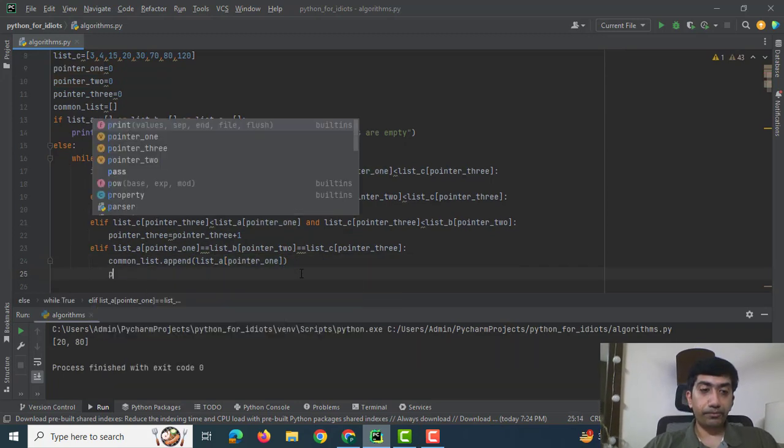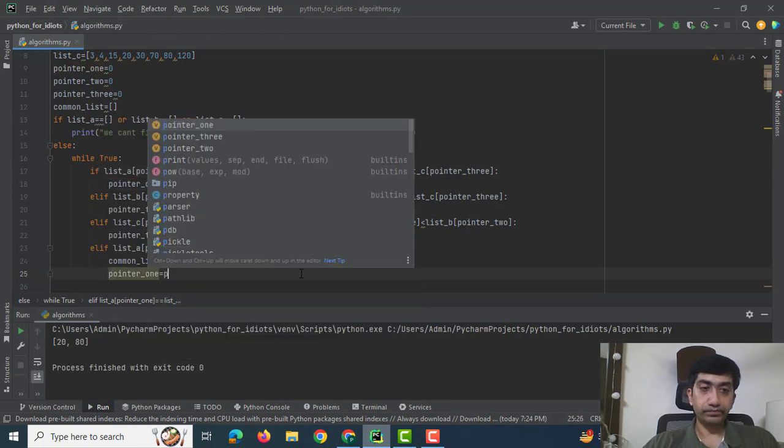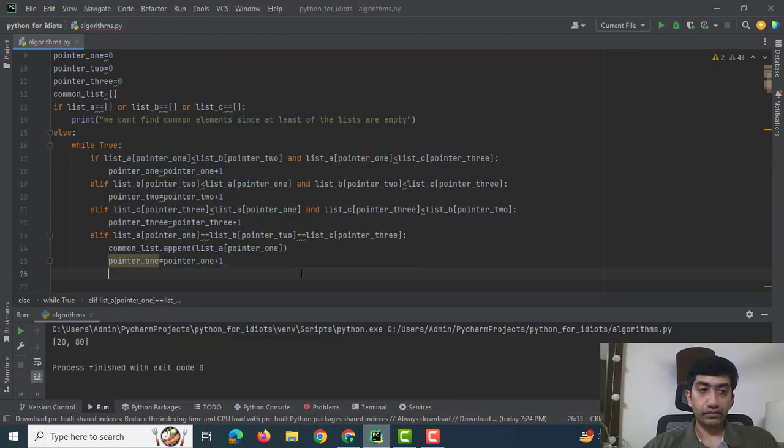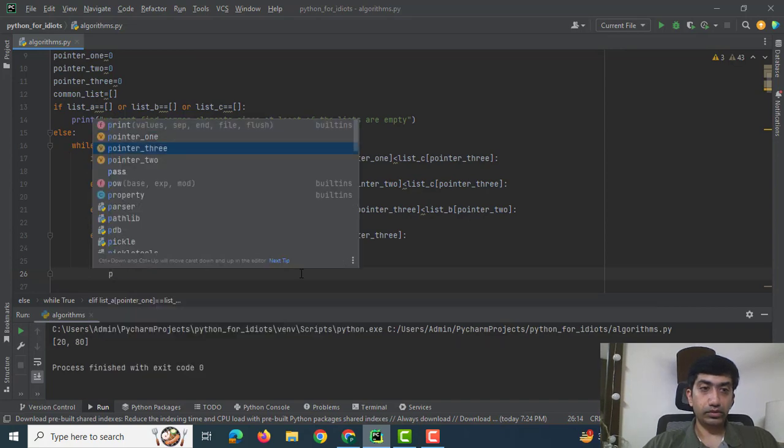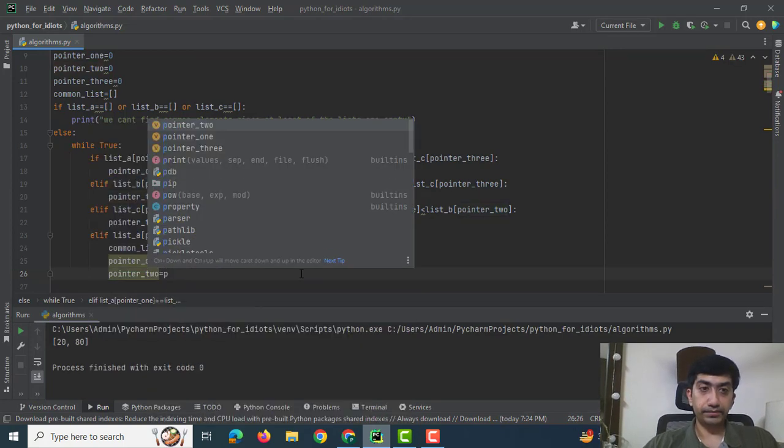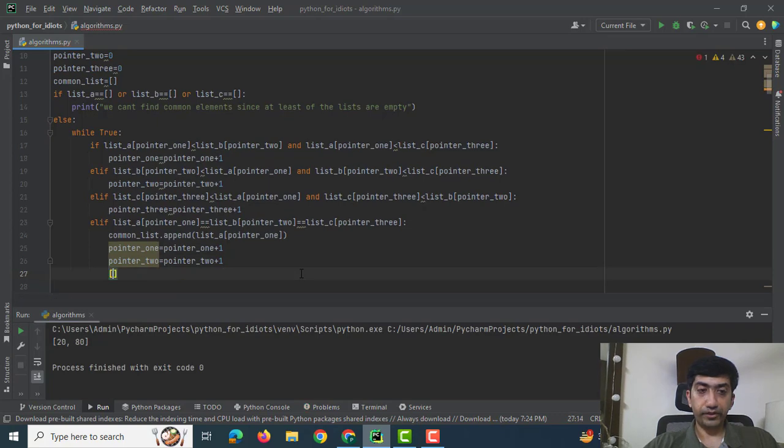Then I would be incrementing pointer 1 by 1 point, pointer 2 by 1 point, and pointer 3 by 1 point.